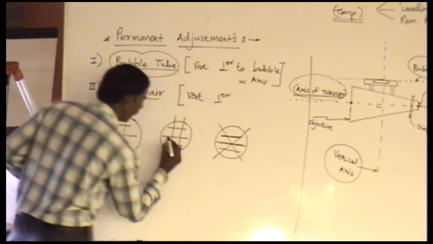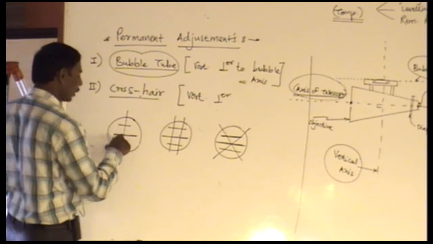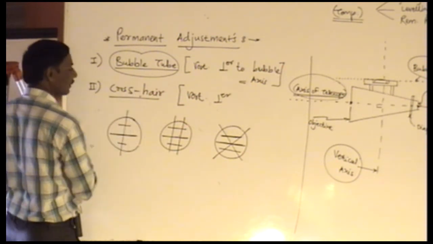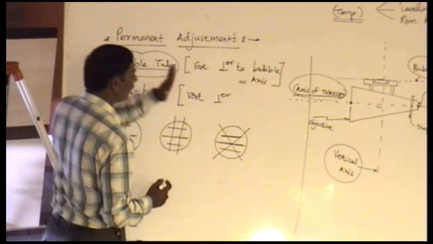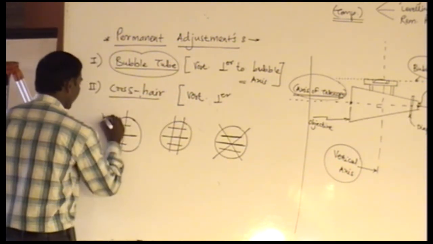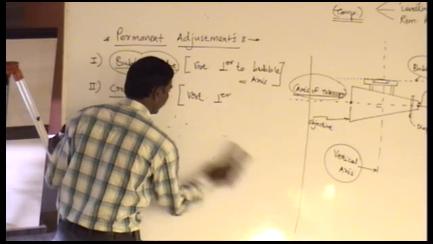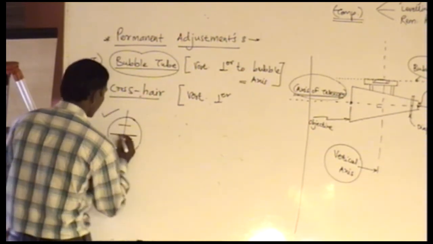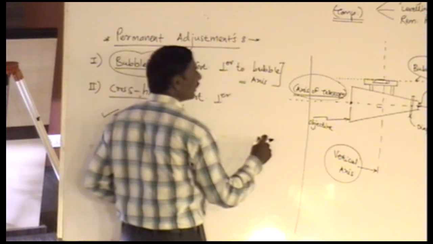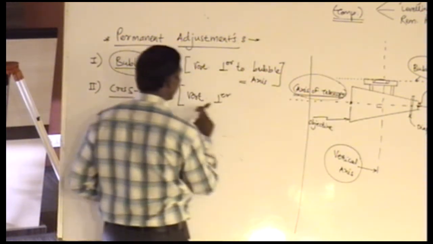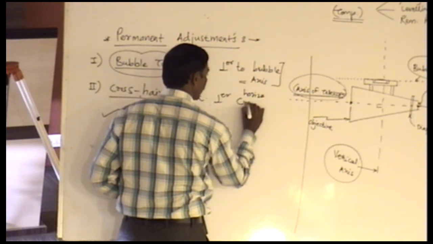Have you noted one thing? If you see the middle one, it is the longest one with respect to which we have to take the reading. And I am talking about this horizontal crosshair. These two are at equal distance, used for different purposes in leveling. So we'll talk later on. The diaphragm usually we have is of this type. So I am discussing whether my horizontal hair, which is over here, is perpendicular to my vertical axis. Vertical axis perpendicular to horizontal cross hair.